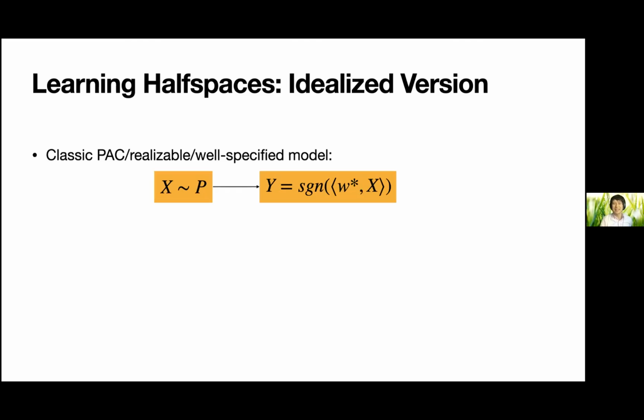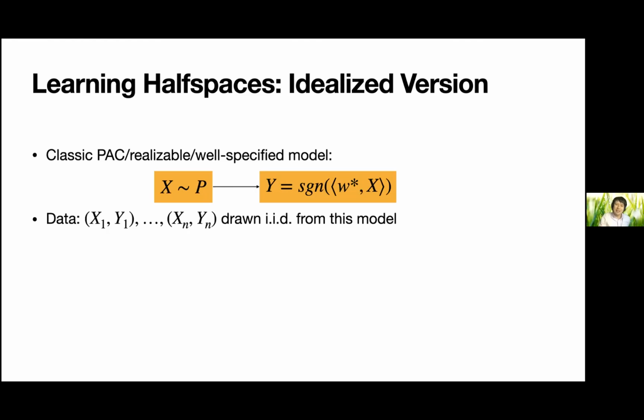And when I say model, it's a model for how the data is generated. So how is the training data for my half-space learning problem generated? Well, I sample X from some distribution P. So X is going to be some kind of vector in R^n. And then I give you a label Y, which is a supervision, and it's just whether it's on one side of the half space or the other. And just for convenience, we'll encode that with a +1 or -1. So this sign is just the sign of the quantity W star dot x.